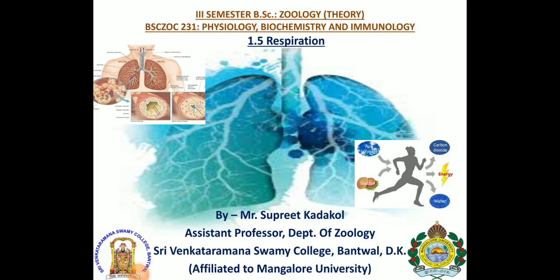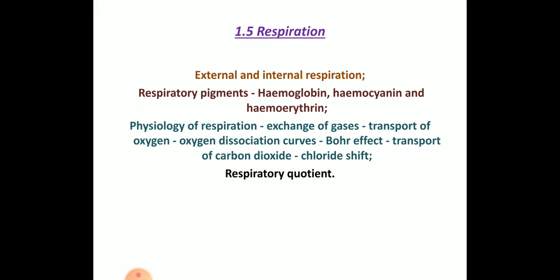Hello everyone. In this session we are going to discuss the new chapter, respiration, of the paper 3 Physiology, Biochemistry and Immunology, for the third semester for second year B.Sc students. In this chapter mainly we will be studying external and internal respiration, respiratory pigments, three main pigments: hemoglobin,